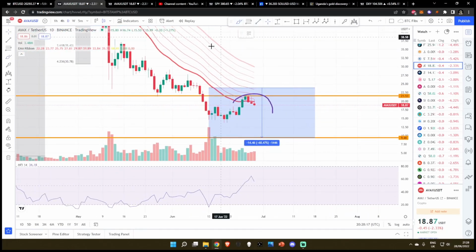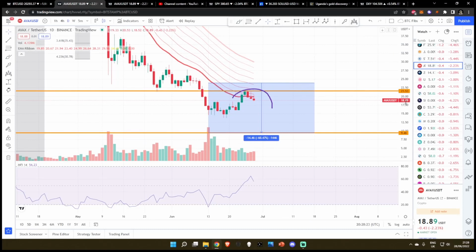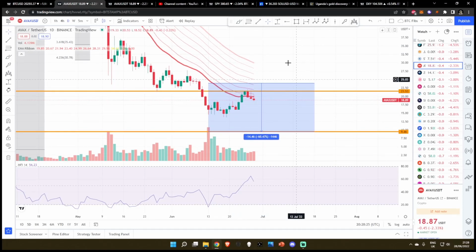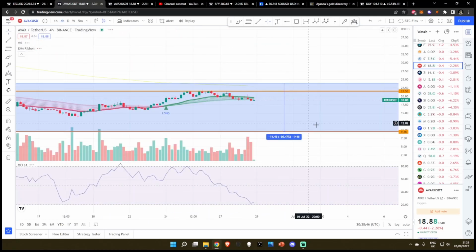What have we done? We've once again solidified another lower high in the market structure, and now it seems that AVAX is going to be heading down to the downside. Volume is also predictive of price, as they say, volume speaks volumes. We've got an increase in bearish volume stepping in the past couple of days, and this is also highlighted in the MFI. The money flow indicator is falling to the downside, meaning that people are selling their AVAX at this moment in time. People are getting out of the market.